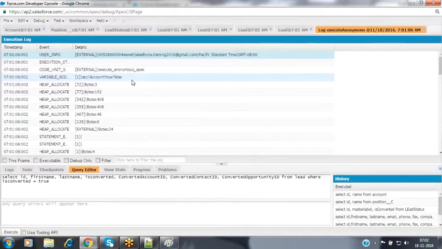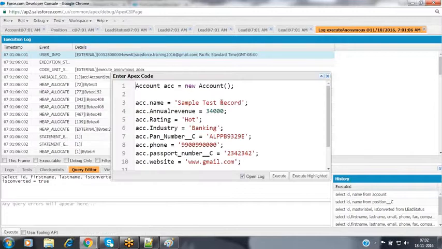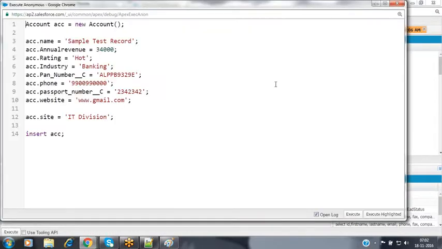Then simply use the shortcut Control E, or else you can go to the debug menu on the top of the developer console editor. Expand this debug menu and click on the first option, Execute Anonymous Window. You can click on this one, or use Control E as a shortcut. Automatically it will open that editor. Inside this, we can write some code and execute it.